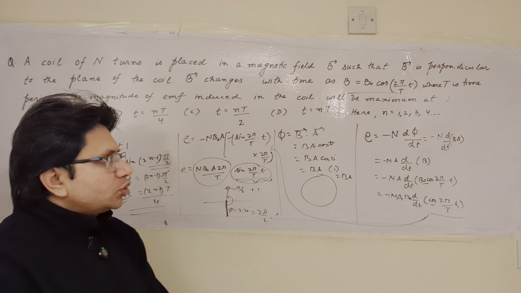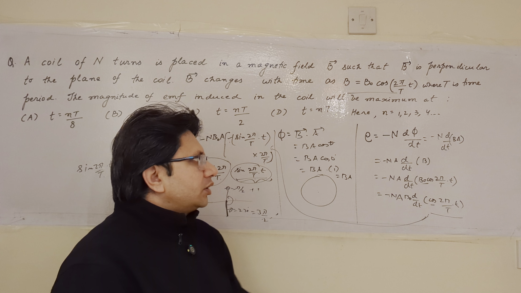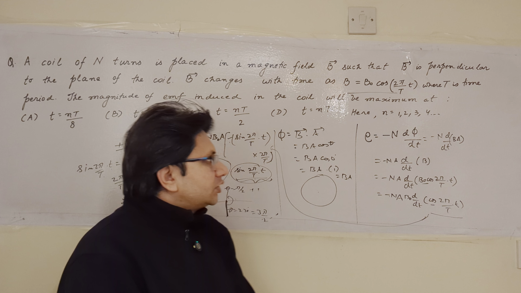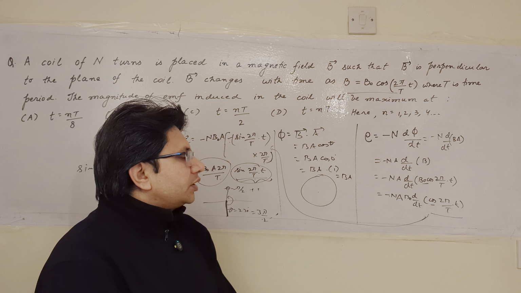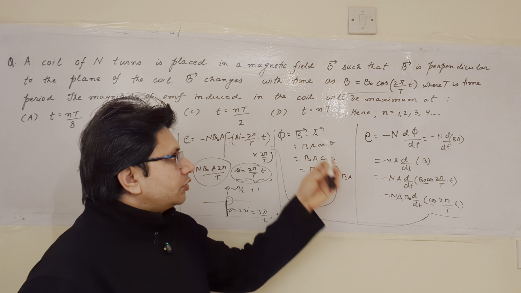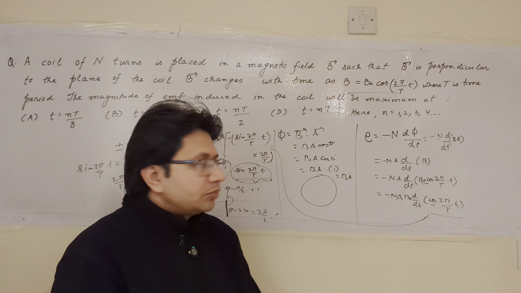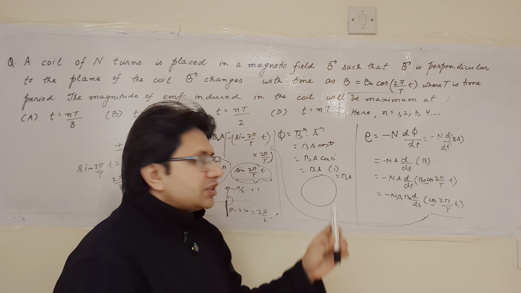तो इसके लिए जो कंसेप्ट यूज होगा इलेक्ट्रोमैग्नेटिक इंडक्शन का वो है इंड्यूस्ड ईएमएफ का फॉर्मूला, विच इज माइनस एन डी फाई बाई डी टी। यहाँ पे इस फॉर्मूले में फाई की वैल्यू हम जानते हैं, फाई बराबर होता है बी डॉट ए, और बी और ए दोनों ही सेम डायरेक्शन में हैं।